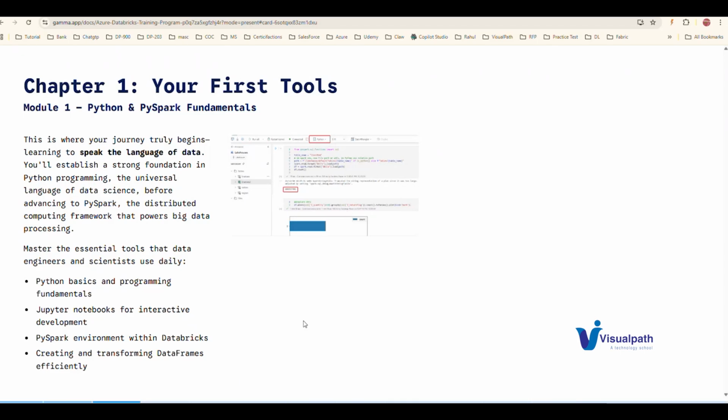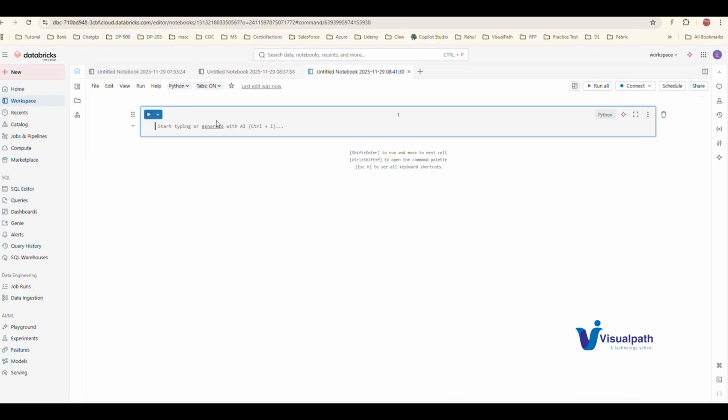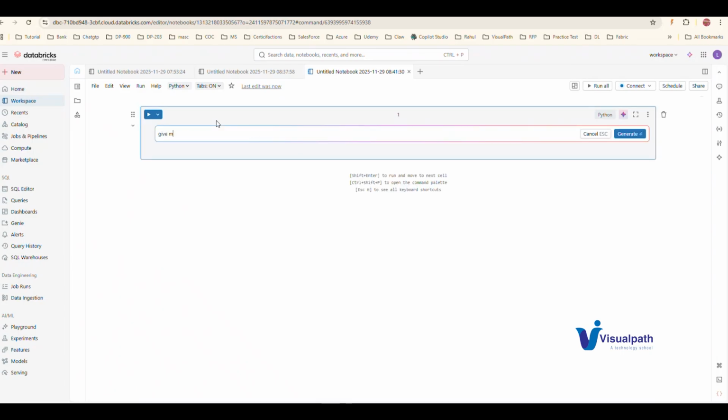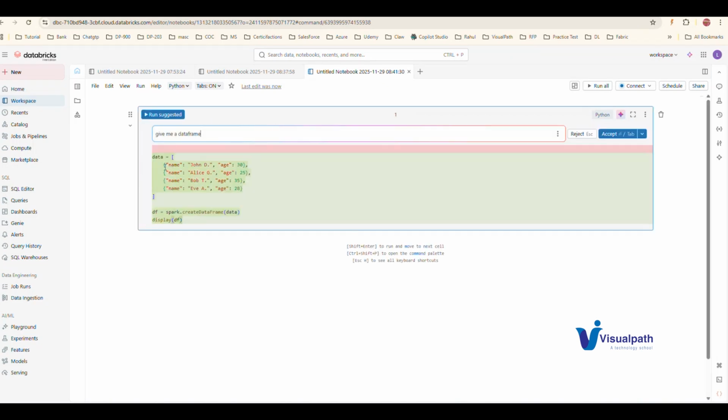One of the other things we have to say is that the basics of Python programming include the data frame. So we must have an understanding of the data frame. A data frame is nothing but an array. I'm just asking for one more, give me a data frame. So this is called a data frame. As you know, this is an array. You have columns like name and age, name is John, and so on. I have converted this into a Spark data frame. Is that easy? You just write Spark dot create a data frame, and automatically it will create a data frame.